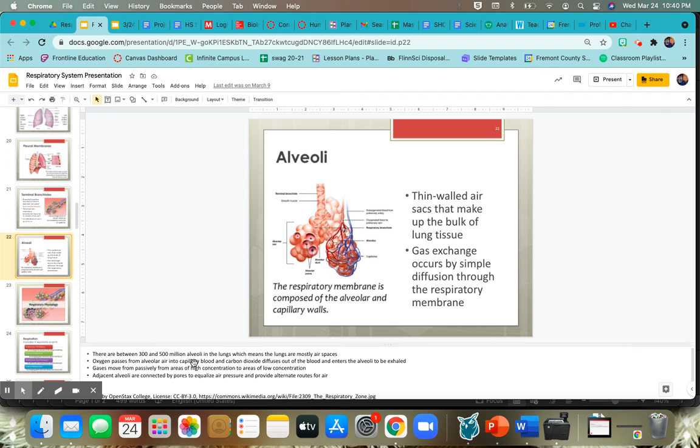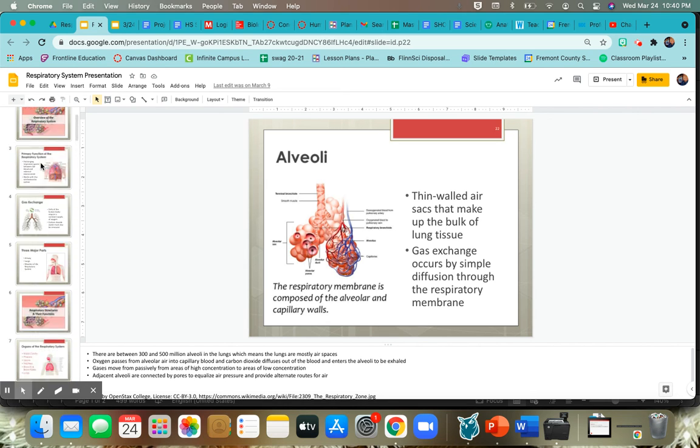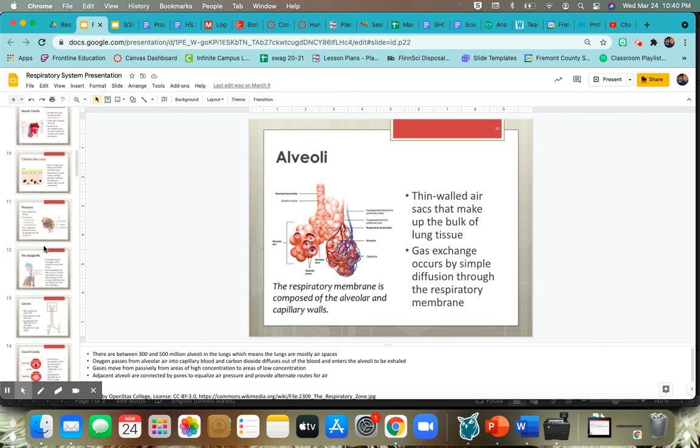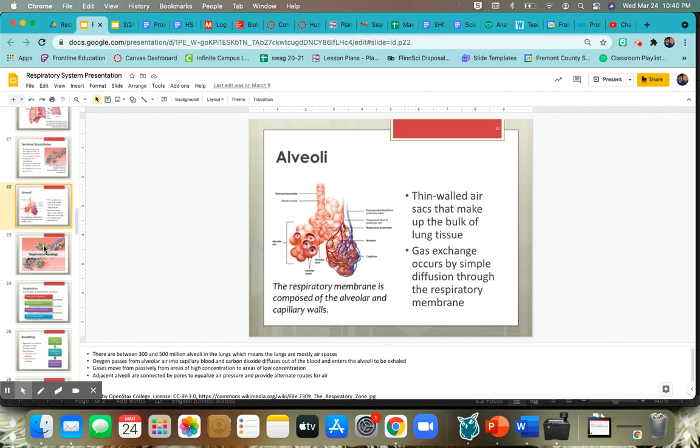So the gases move passively from areas of high concentration to low concentration. If there's a bunch of CO2 in here, it's going to get forced back out into the lungs. And then your diaphragm is going to expand, which makes your lungs contract and push the CO2 out of you. And that's how breathing works, on a very large, basic-ish scale. And that's it. That's all we're going to start with today. That was the overview and then the structure and function of the pieces of